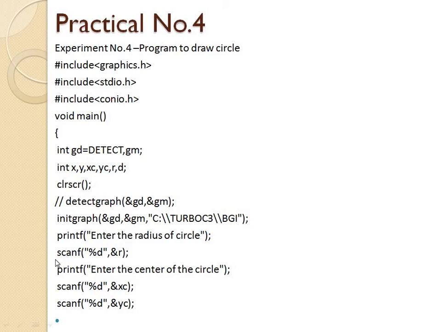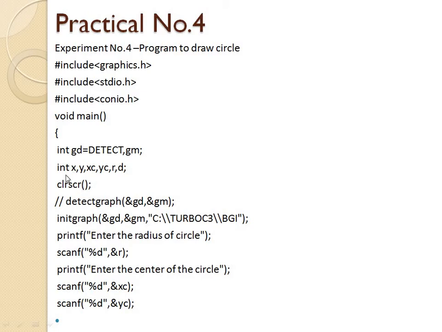The scanf function is used for accessing the value from the user. So the printf says enter the radius of the circle, and scanf uses %d. Why %d? Because we declared r as an integer data type.